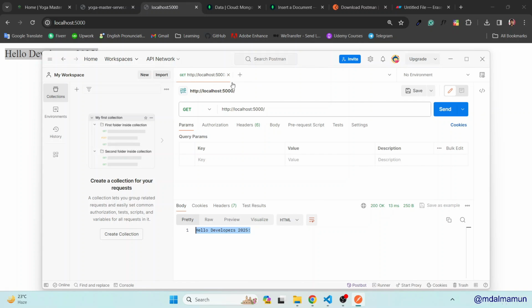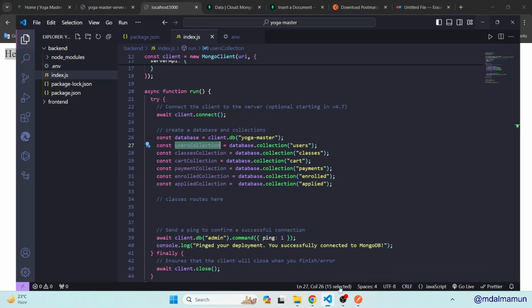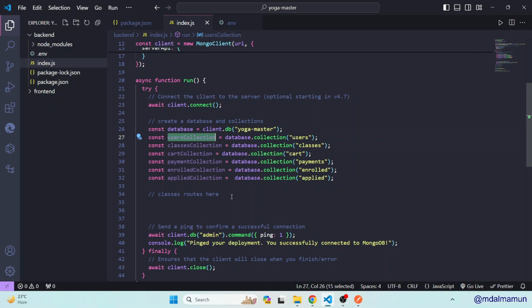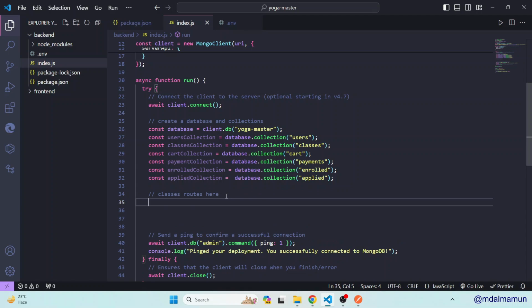So this is a get request. If you need a post request, you can choose it as a post request. If you need a put request, you can define it as put and then send the request. Okay, so my next task is we'll create a new class. We don't have any class in the database, so that's why it's not showing. But if you want to show it here, we will have to define